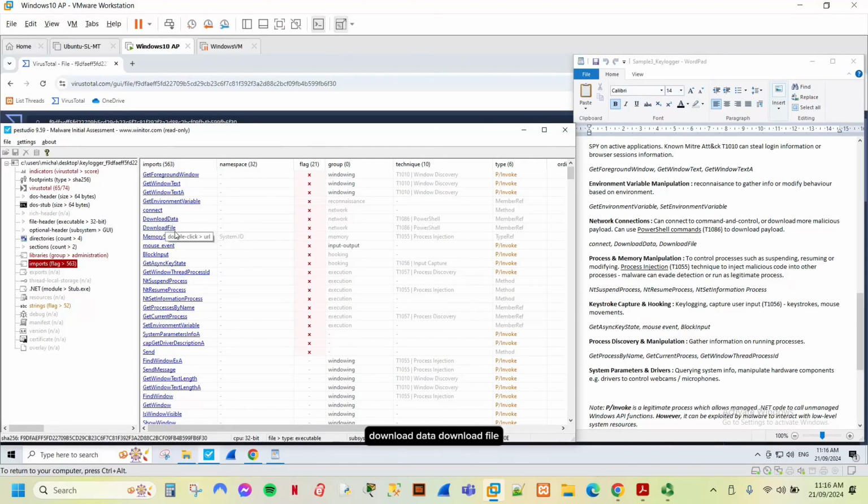Download data, download file, and connect. So this is network capabilities. It is able to perform hooking for input capture and process discovery, such as GetAsyncKeyState, mouse_event, BlockInput. This is clearly a key logging activity, to capture user input such as keystrokes and mouse movements. This is also a known MITRE ATT&CK